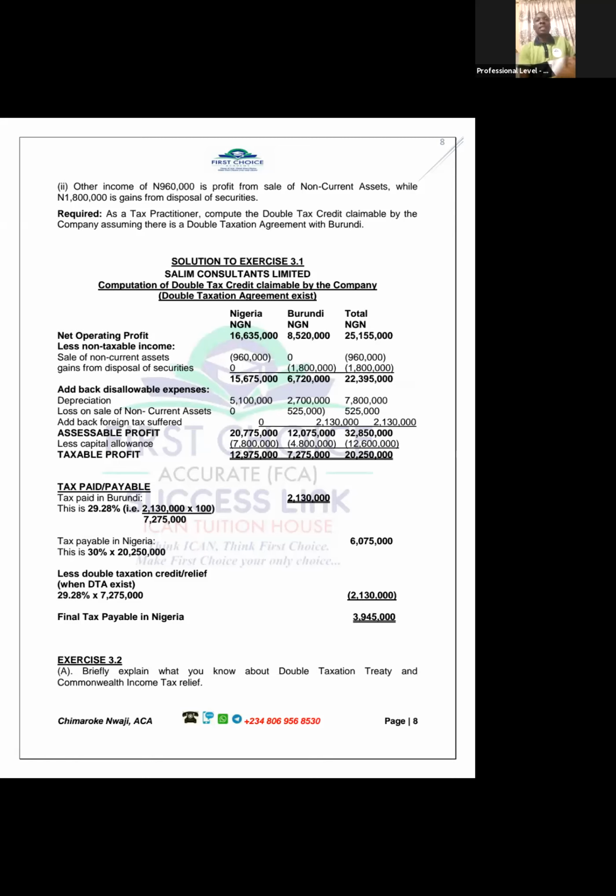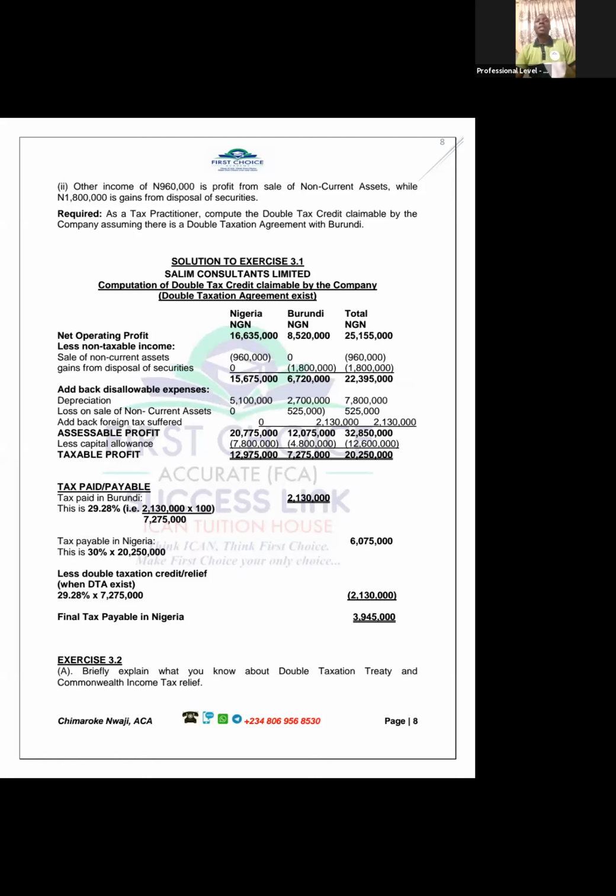It is investment activity. I don't know if you've done cash flow statements. We have cash flow from operation, cash flow from financing, cash flow from investment. So you see, the gains from disposal is not part of your operations. Disposal of securities: you bought a security, and you are getting back the money. It's not supposed to be your operational profit. So for Burundi, you're going to remove the 1/8, and you're going to remove it from the total.